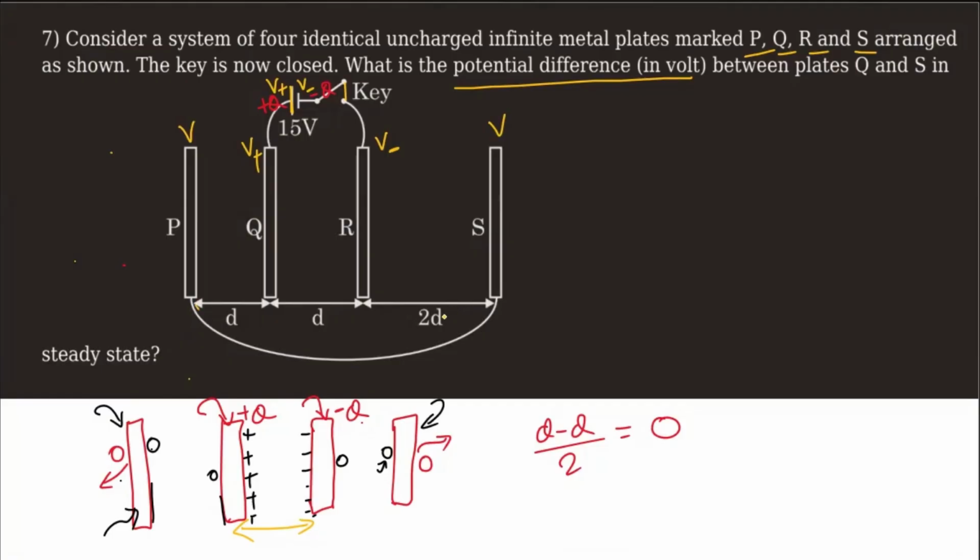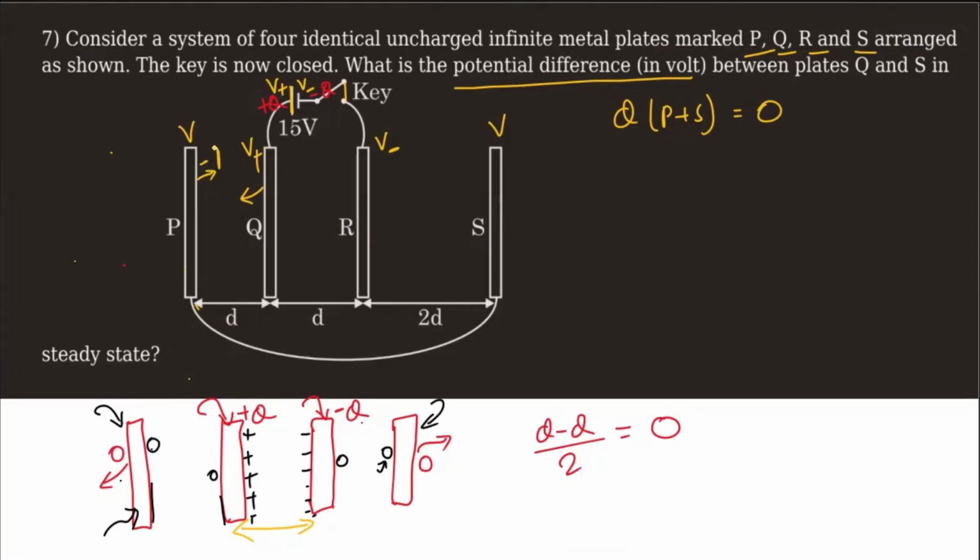How is this going to change the charge distribution? Since these two plates are connected, we will say the charge on P plus S is equal to 0. P and S are together, right? They are acting as a system. So rather than saying this plate P has 0 charge and this plate S has 0 charge, we will say P plus S have 0 charge. And this is going to have an effect. For example, look here: since this is at positive potential, this is gaining positive charge. If this surface has any charge, then it will have positive charge, so this surface should have negative charge.